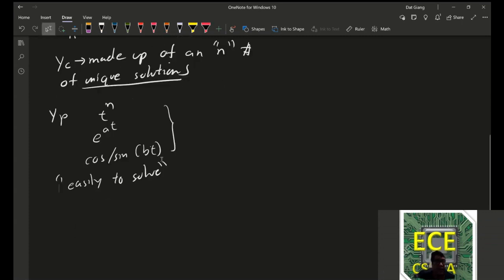If it contains combinations, maybe it's a little harder to solve. If it contains anything else, log,